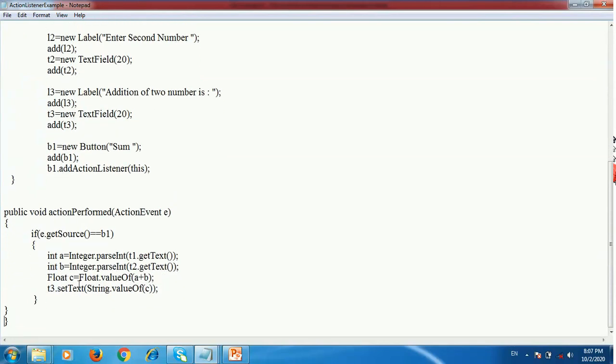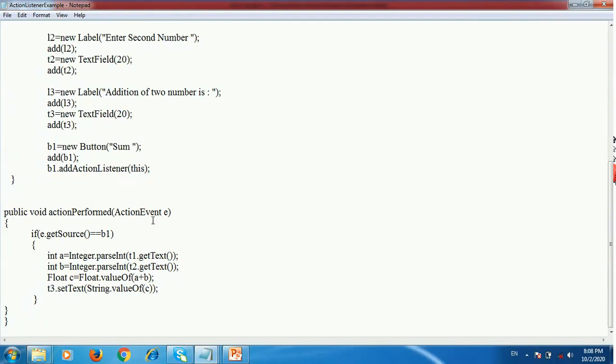After that, the actionPerformed method is used because the ActionListener interface has one method, actionPerformed. So public void actionPerformed(ActionEvent e).